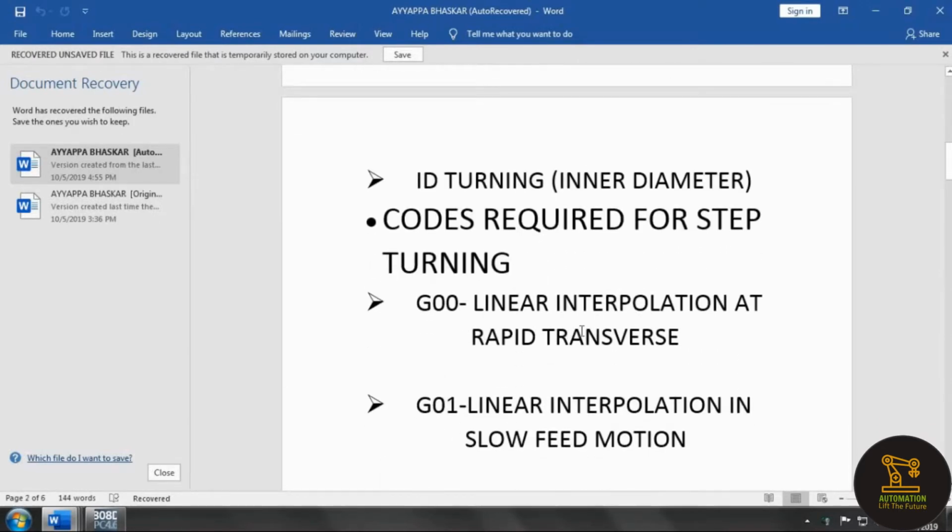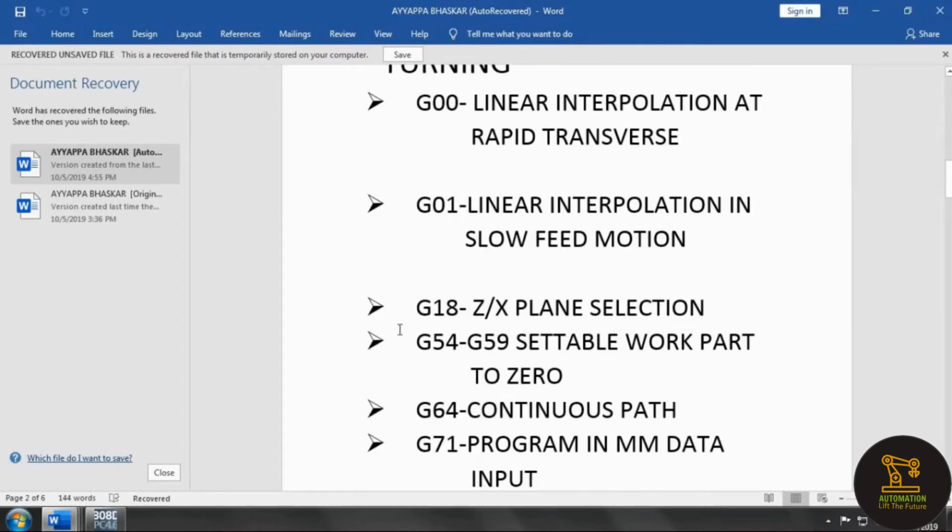The codes required for step turning are G00, linear interpolation at rapid traverse, and G01, linear interpolation at slow feed motion, G18, ZX plane selection, and G54 to G59, settable work offsets.